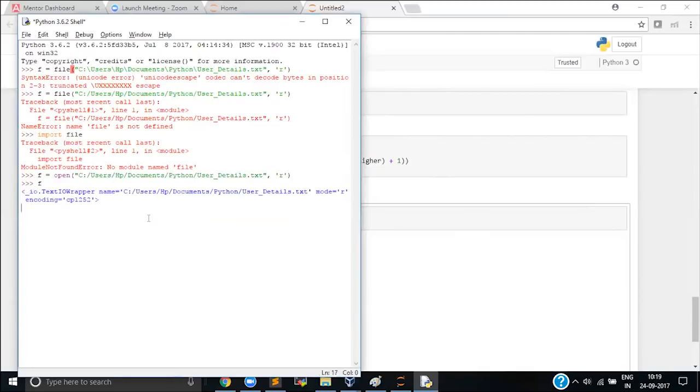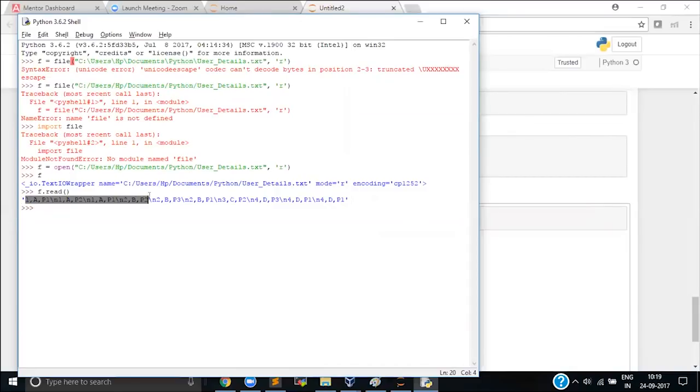So now if you type F, so F is basically a file, refers to the file. This is the file and it wants to read the file. So now if you type f.read, you will see entire content of the file is displayed in a single string. Whereas if you try to do f.readline, okay, so basically what happens is,